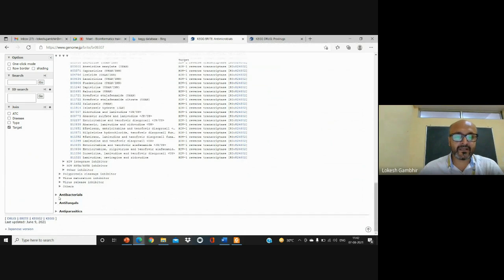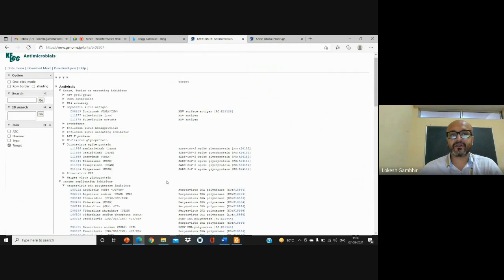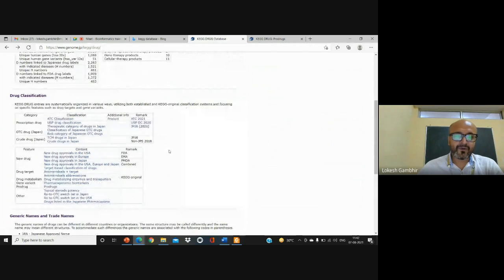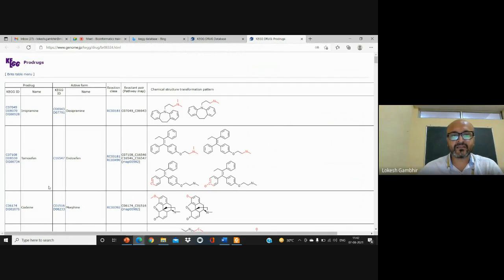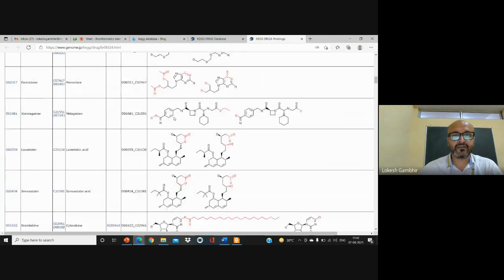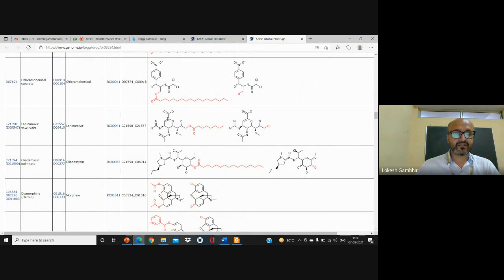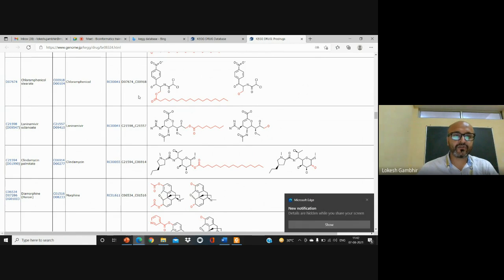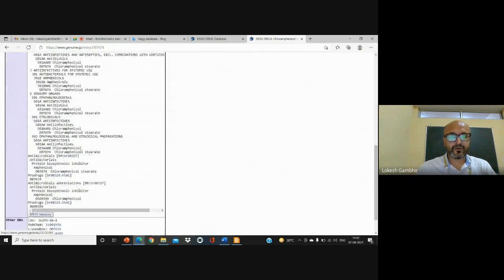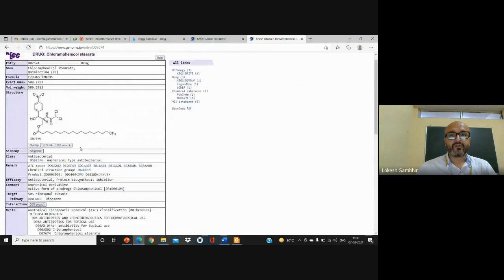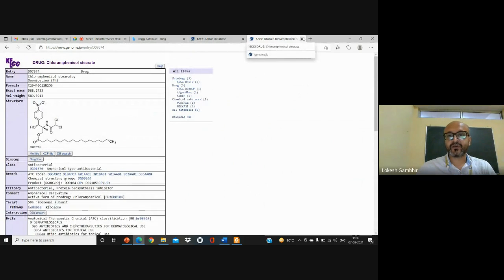Then if you are focusing on any antifungal or antiparasite, you can also search in this particular category. Apart from this, there are other categories you can search. Like the prodrug release, or the detailed structure is given here. Whatever products have been reported till now, the complete list is available. Like the common name chloramphenicol stearate, where the chloramphenicol becomes activated after the stearate is cleaved inside the body. The complete information profile opens in front of you once you click on a particular drug, so you can explore and read more on this category.